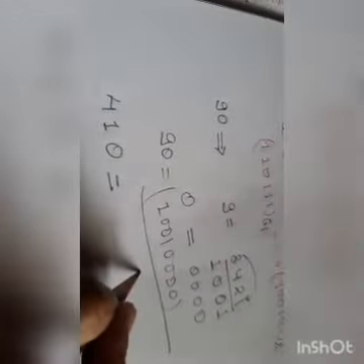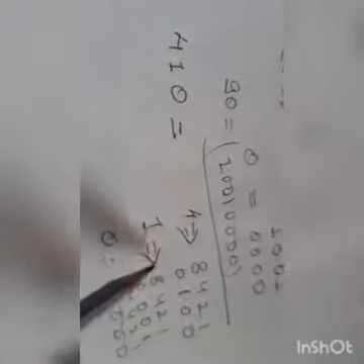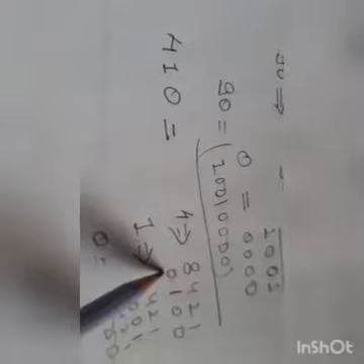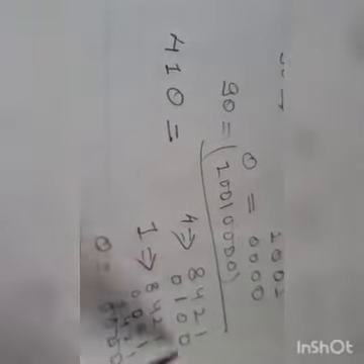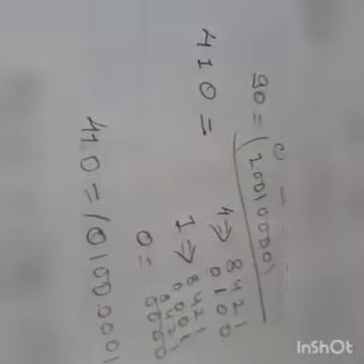Similarly, 410 can also be written in 8421 code. Okay, so for the 410 in 8421, for 0 or 4, we can write 4 is here only, so we write it 1, other digits will be 0. Similarly for 1, so the 410 can be represented in a binary form in this way.